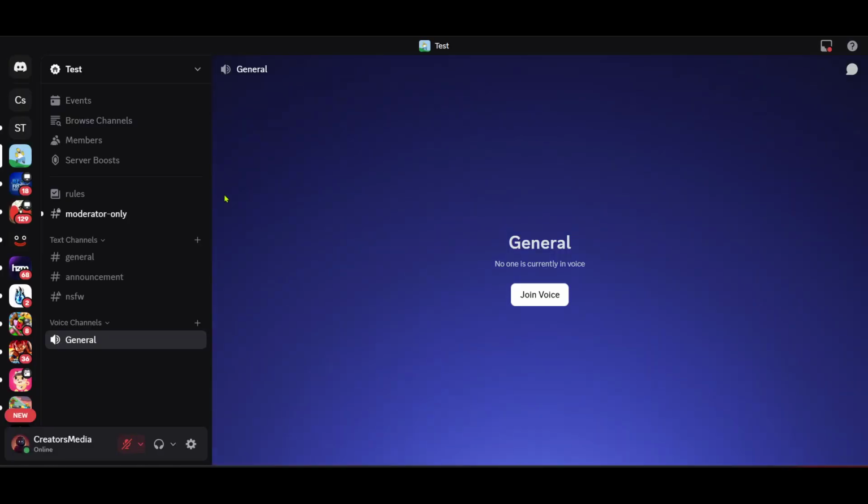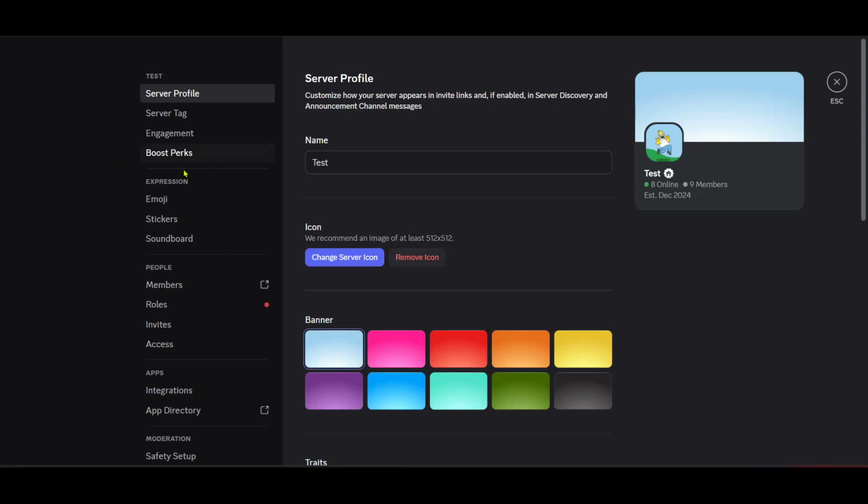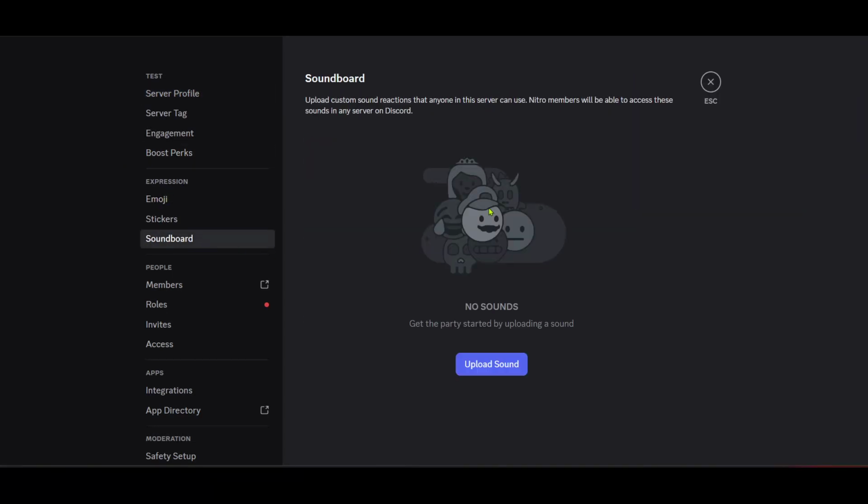By following these steps, accessing Discord, navigating to User Settings, entering the Advanced section, and enabling Developer Mode, you should be able to resolve the issue of your soundboard not showing up. With this fix in place, you're ready to jump back into your server and enjoy the soundboard features with your friends again.